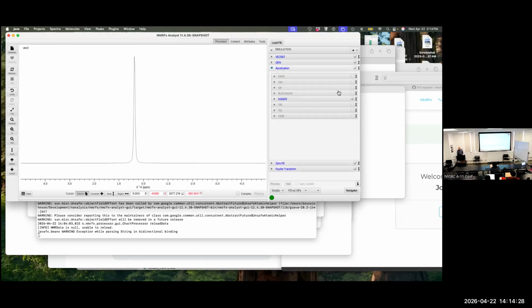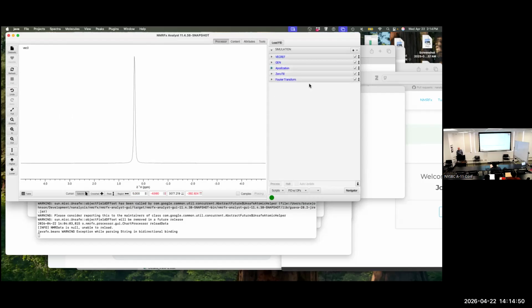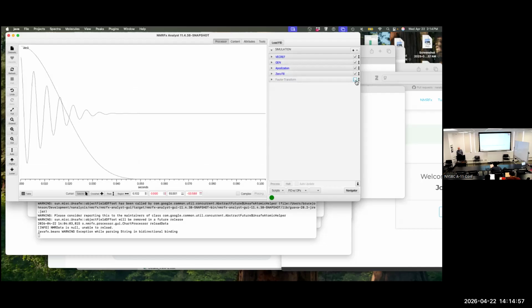We can see again the effectiveness of this. Let's go back to just the exponential decay. As you can see here, as I adjust that, we're increasing the width of the signal and decreasing the decay time. Okay. And off to FT. We'll talk a little bit more about this later, but